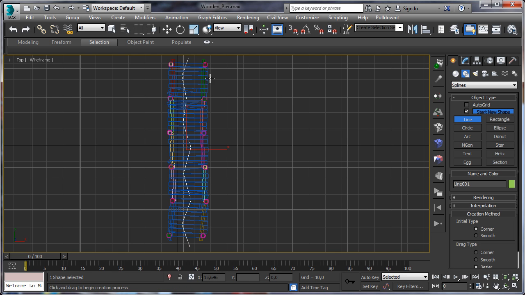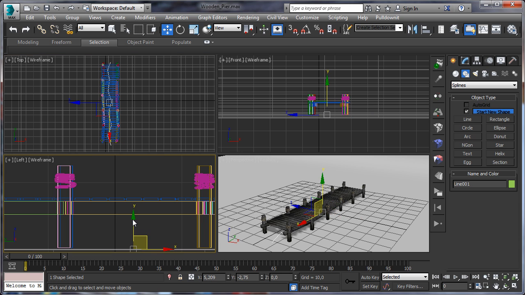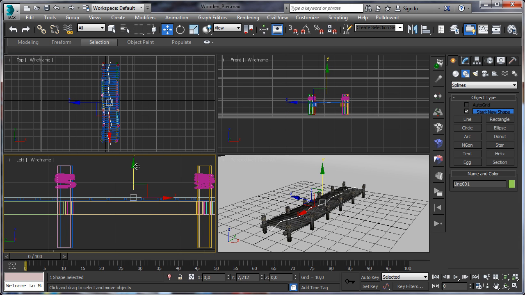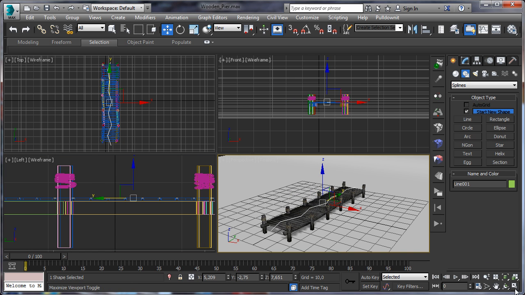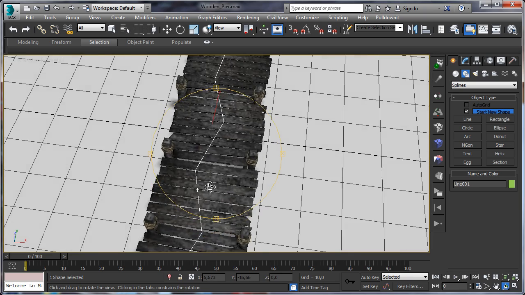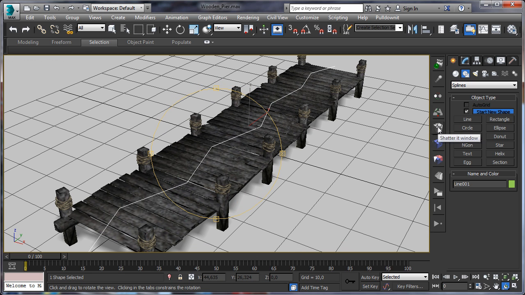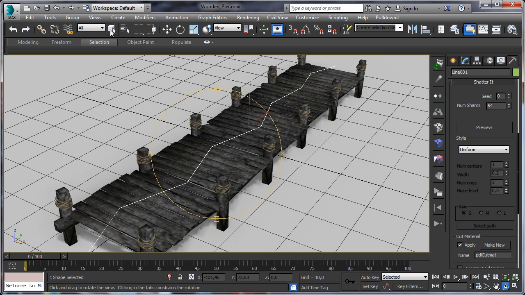Okay, and now make sure our cube is placed over our surface. So let's place it over the surface so we can see it. And now let's go to shatter the deck model. So select window, select our path. Usually we should use path-based art style, but the problem is